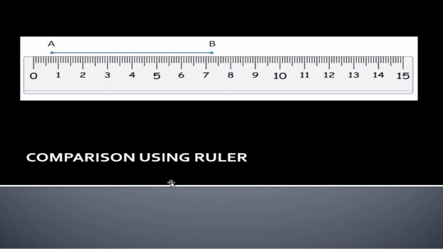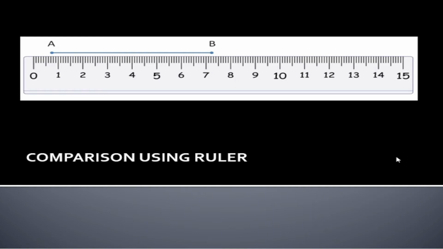There is another way to compare line segments, that is by using a ruler. In this case, you place the ruler on the first line, measure the length of the line segment, then again place it on the second line and measure the length of the other line segment. Then compare the measurements of both line segments. Here also you will clearly and easily understand which line segment is longer, but here also there are some problems